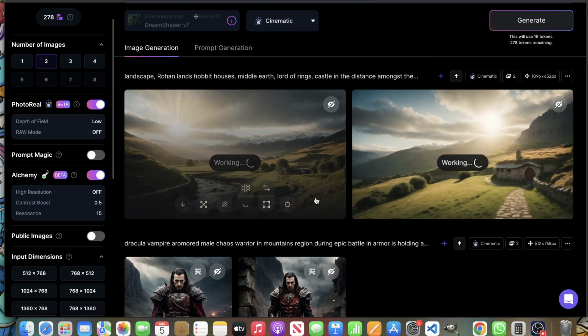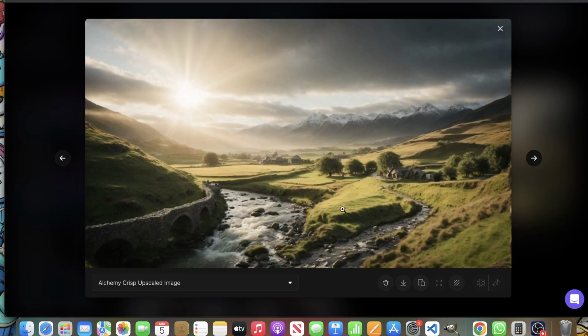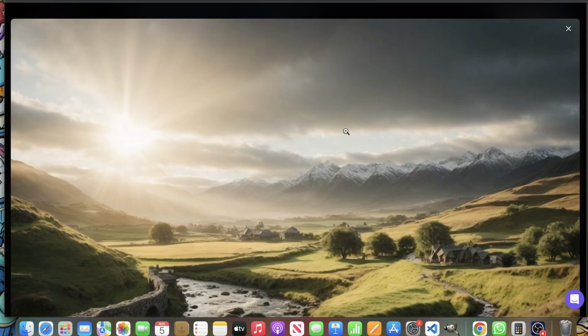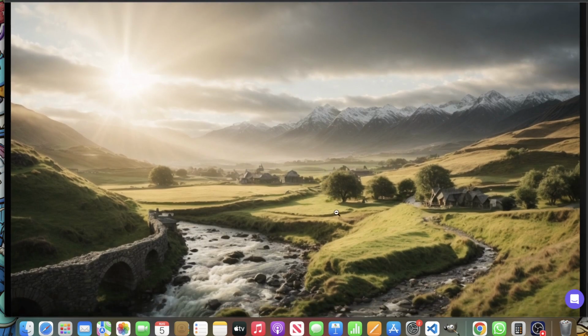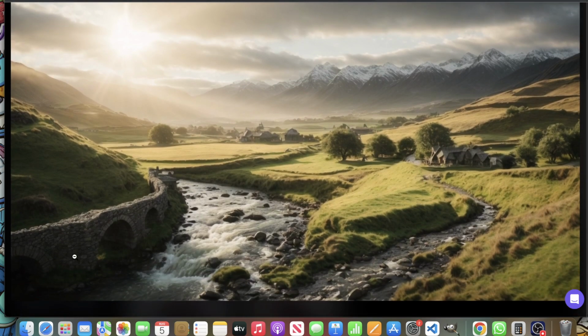I think because it is a landscape, I want a little more detail, so that's why I went with crisp. And it looks great. I mean, I don't know about what you guys think, but you have mountains in the distance. I don't see a castle, but I see houses. I see a bridge of some sort here. I see water